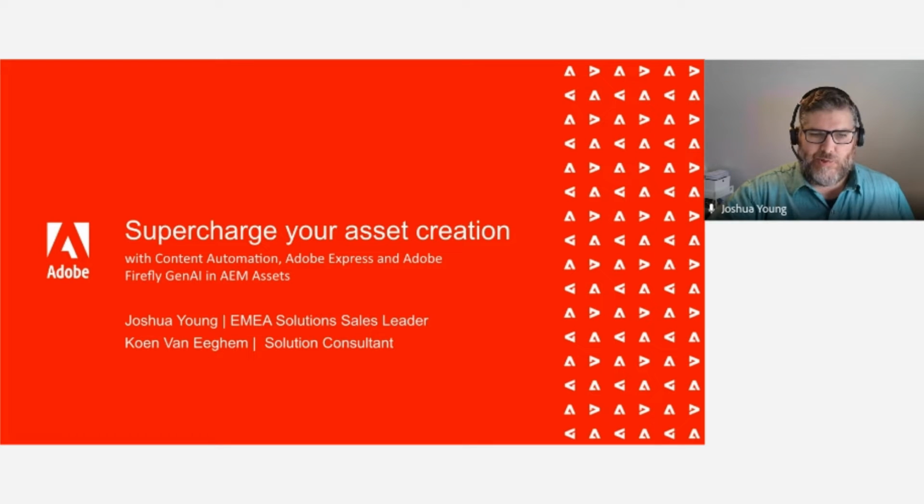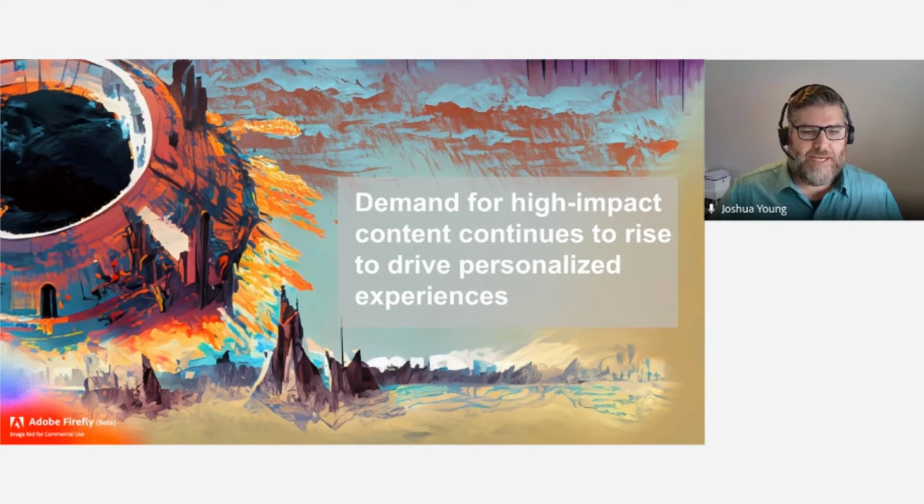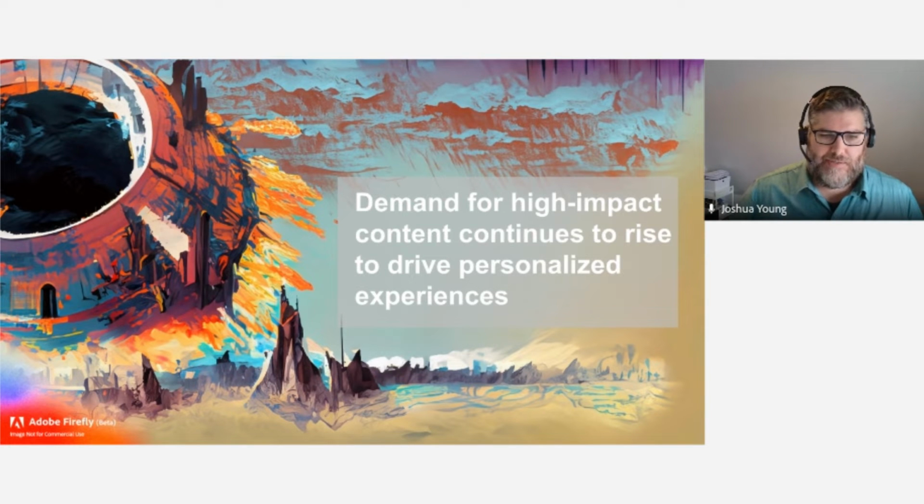This is extremely exciting. A ton of innovation has been happening here at Adobe to help really expedite the quick creation of content and assets, and that's exactly what we're going to talk about today. And this is important because the demand for high impact content continues to rise due to driving personalized experiences. If you can imagine the amount of content that needs to be created due to personalized experiences,